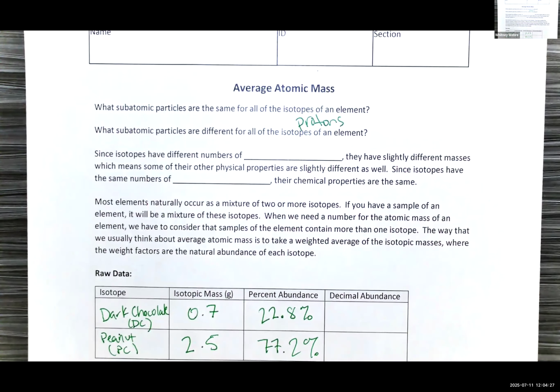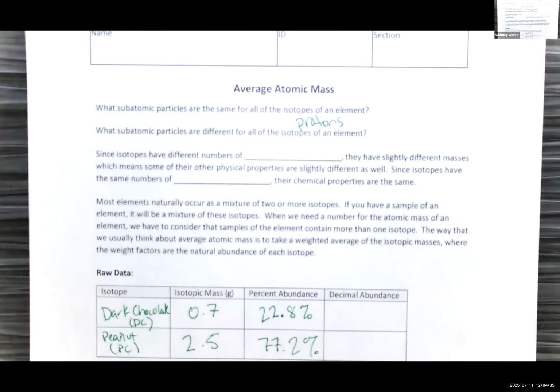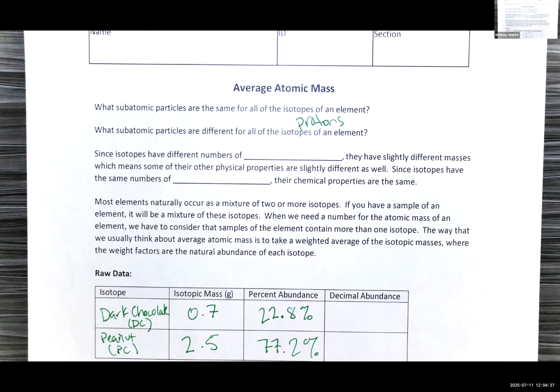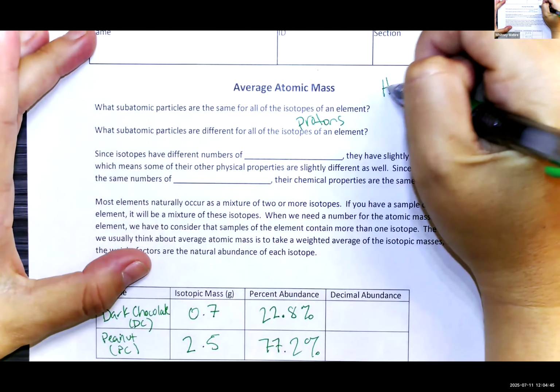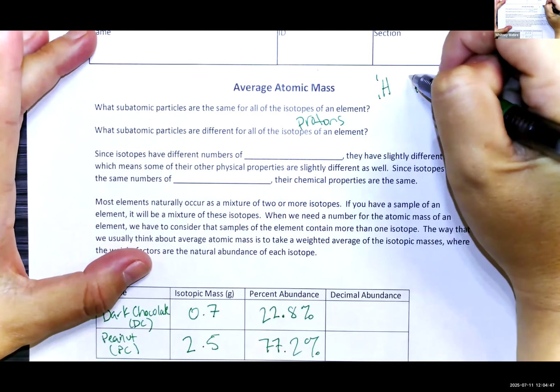What subatomic particles are different for all isotopes of an element? The options are going to be electrons, protons, or neutrons. So different from all elements. So if I was looking at hydrogen 1, let me put it up here. It might be easier to visualize. We have hydrogen 1, hydrogen 2,